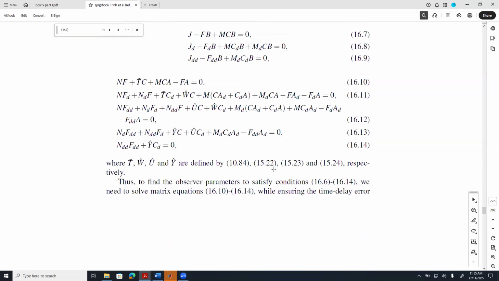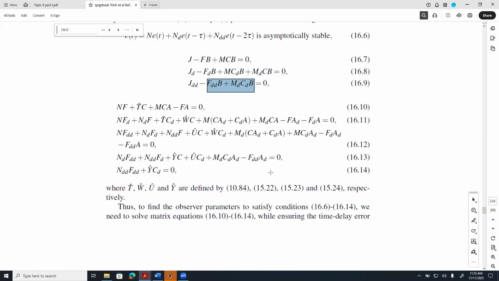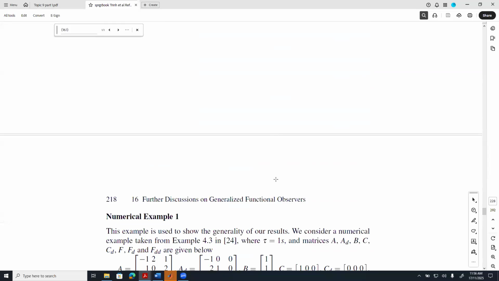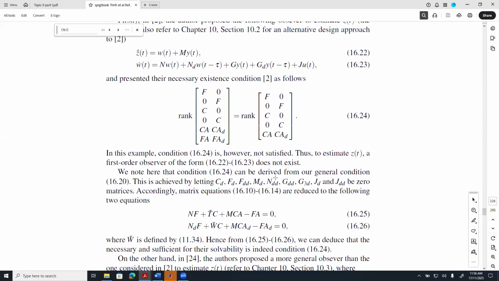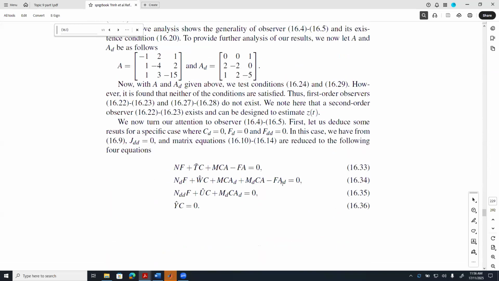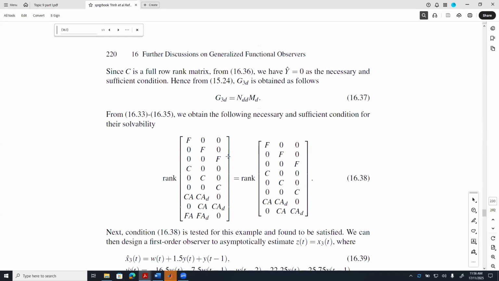JDD is 0 because CD and FDD are 0. So we don't have to have that matrix in the observer structure for this specific case. The story is we get 4 matrix equations, and then we stack them together, and then we obtain the following